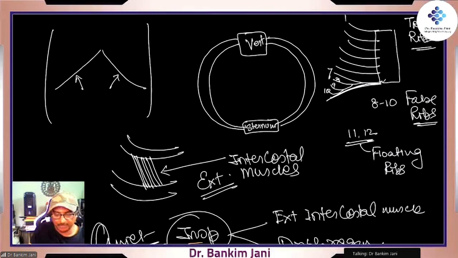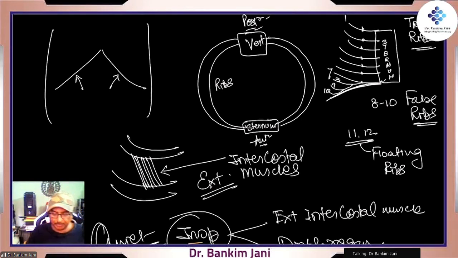Moving on to how the ribs are attached. These are the ribs. On the back side is the posterior part. This is the sternum, which is anterior, and the vertebrae are posterior. The ribs are connected to the vertebrae and go all the way from the back. We have 12 ribs. Out of those 12 ribs, if this is the sternum, then ribs 1 to 7 land all the way onto the sternum.